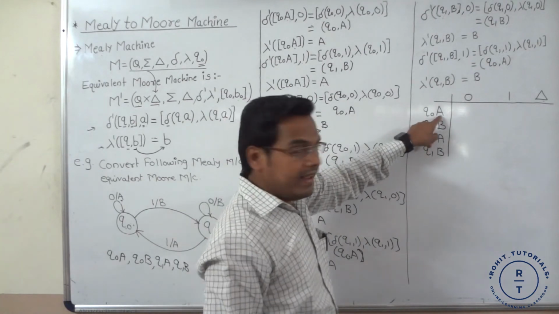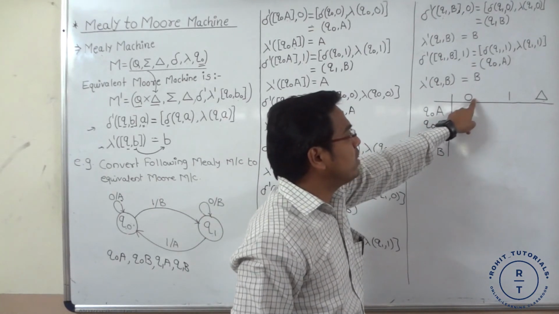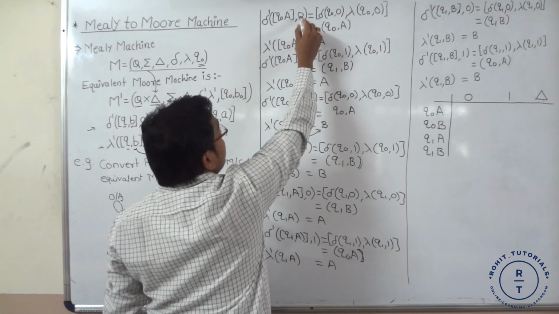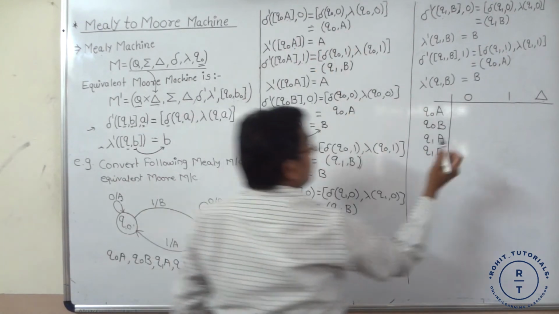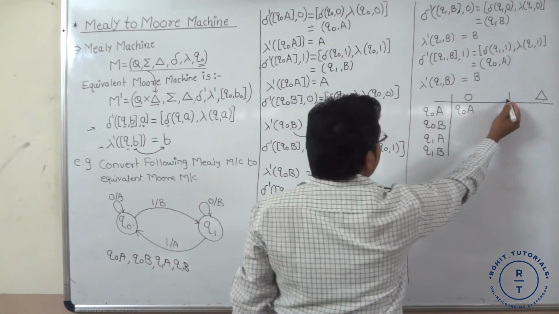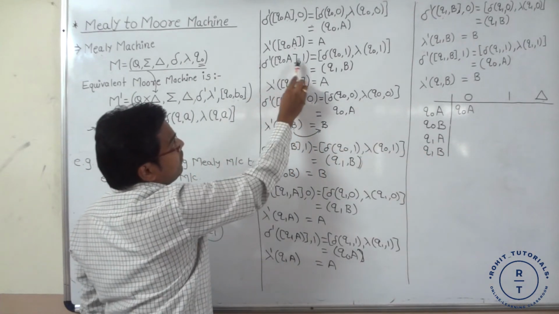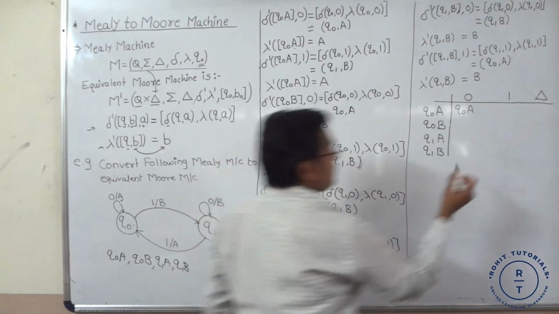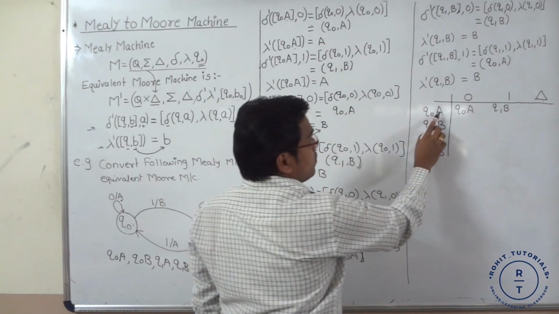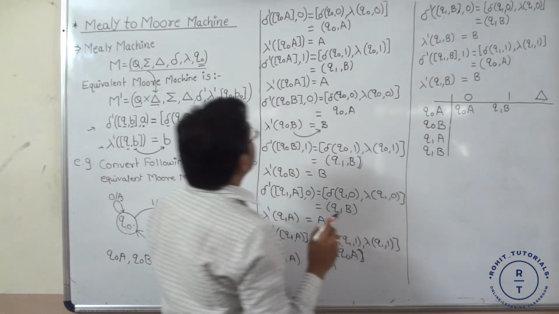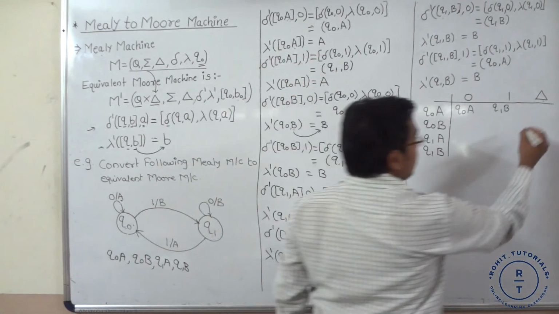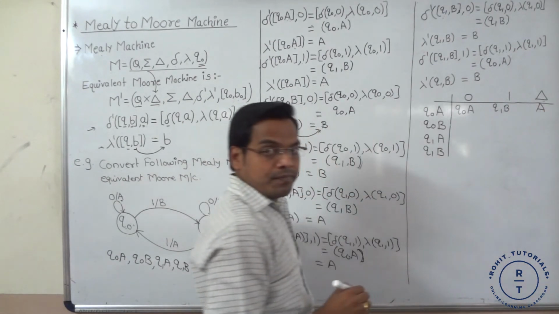So Q0A, for that 0 input: the output is Q0A. Q0A, 1 input: the output is Q1B. Q0A output is A. So here we have considered output is A. Now next,